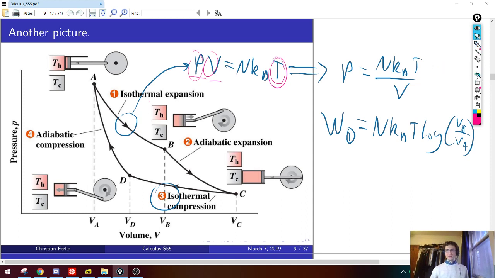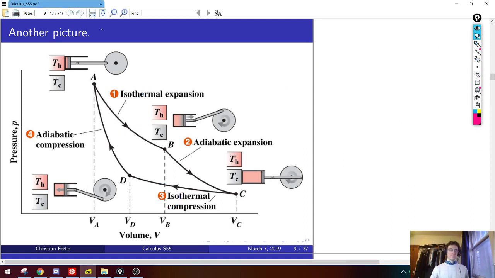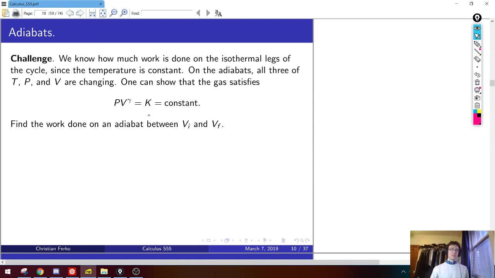And I will actually give you that equation. We could derive it if you wanted, but it's actually kind of a pain. Maybe I'll just sketch the derivation. But okay, so here's what I just tried to signal to you on the adiabats. So the isotherms are easy because it's just the ideal gas law. On the adiabats, there's something more complicated going on.